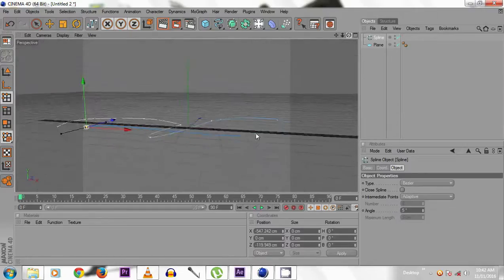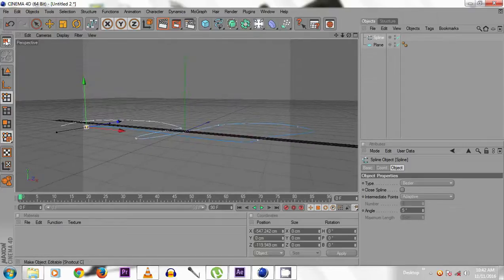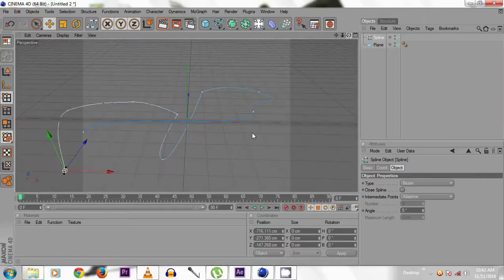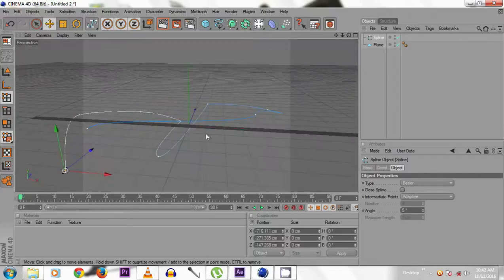It is on the plane only. So I give some animation to the points on various axes. Okay, now we have points on different axes, like roller coaster rails.